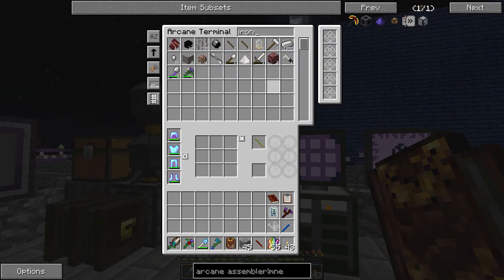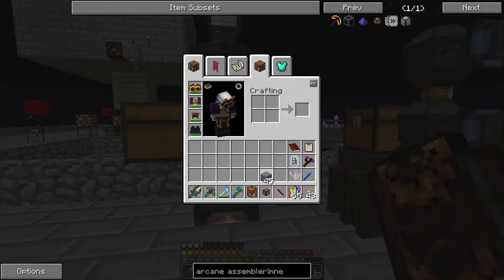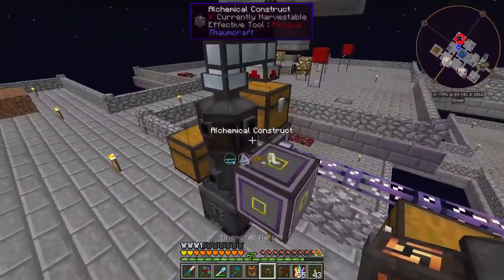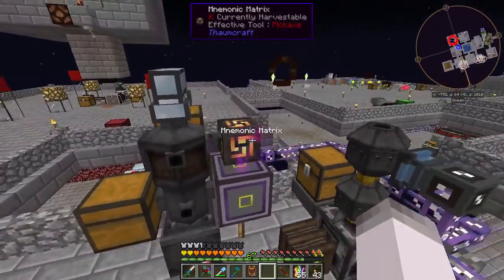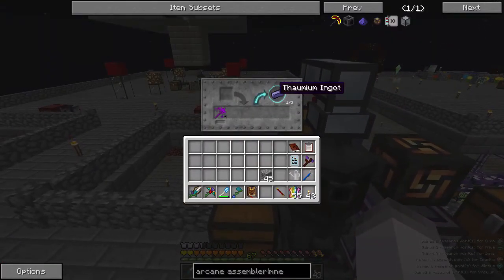So iron. Let's see, amber. We have a little bit of. And a zombie brain, which we have quite a few. And that's all. So we just add this guy. I'm going to put him right here. We're going to scan him as well. And now we can